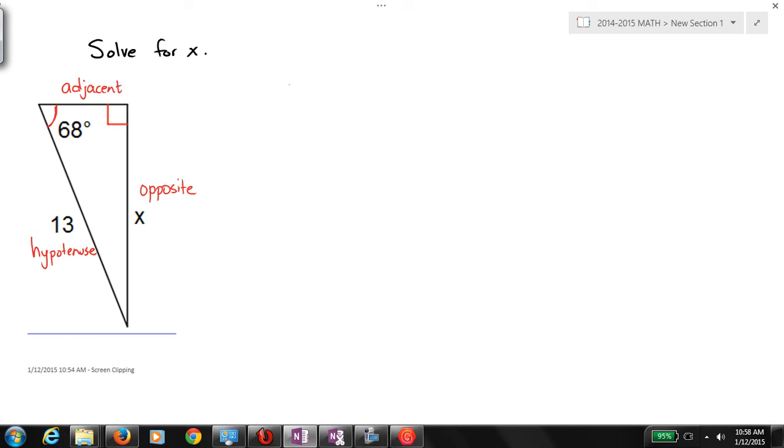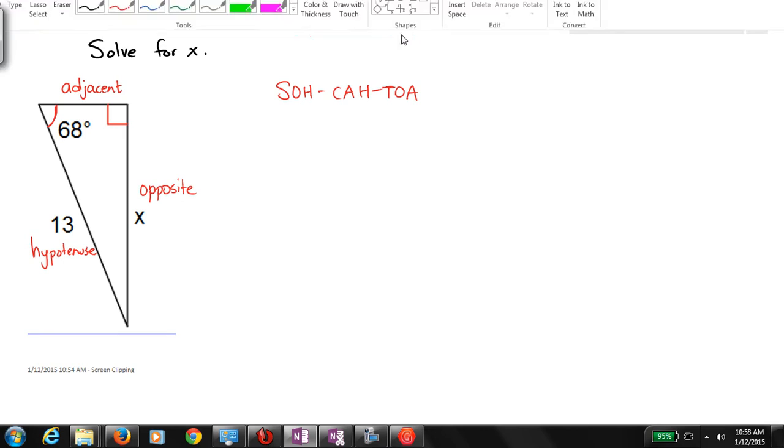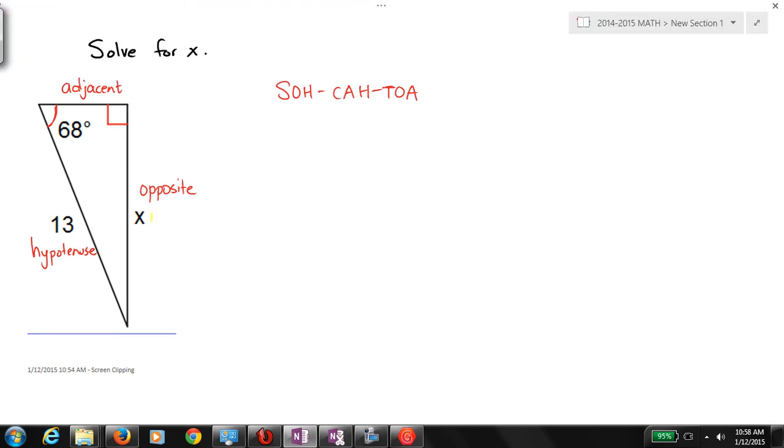So I know I have to use SOHCAHTOA or trig because, again, like we mentioned, you cannot use Pythagorean theorem because I don't have two sides. So just be careful with that. Now the issue is going to be, which one do I use? Sine, cosine, or tangent? Well, out of all these, the way you want to ask yourself is, I'm looking for